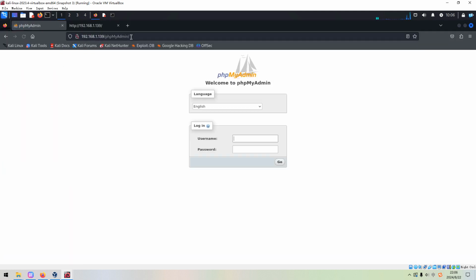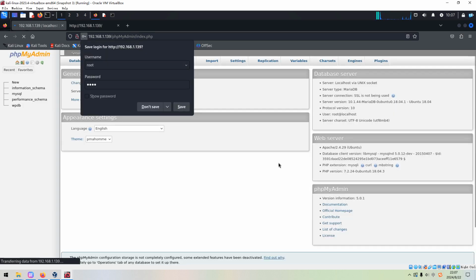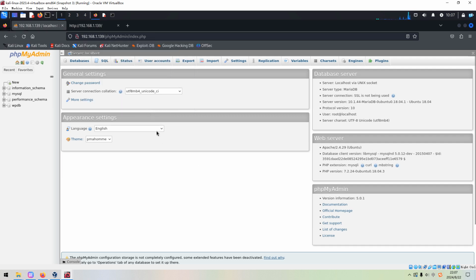Press enter, and just as I mentioned in other videos, if phpMyAdmin or the database is accessible by the public, we need to test whether the database is vulnerable to weak credentials. For example, in this case, we can use root as username and also root as password. And let's click go. Wonderful, it does work. Even without so much effort, we have already logged into phpMyAdmin.